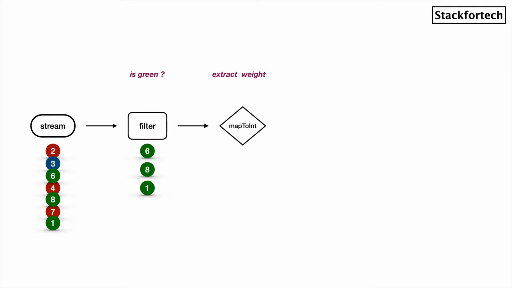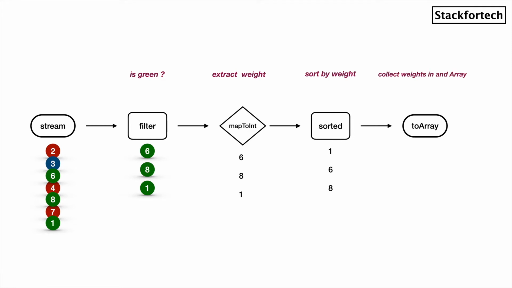So it will map these widgets into their weight. It will extract the weights out of these widgets, and here we have 6, 8, and 1, which are the weights of these widgets. These weights are also a stream, which will be input to another method, the sorted method. It will sort these weights into ascending order, and it will give us 1, 6, 8. Now this stream is fed to another operation, a terminal operation here, which will collect all these